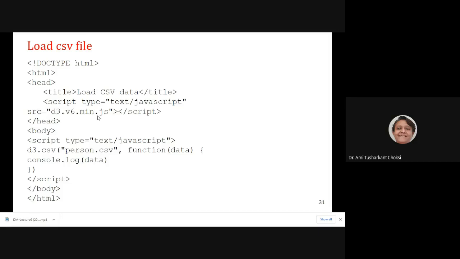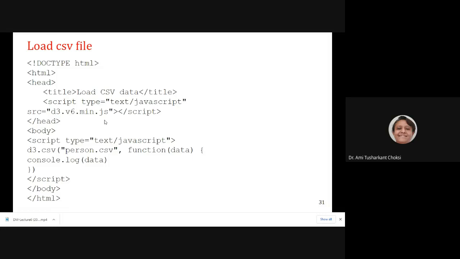Otherwise, people are working with the fourth version also, that is, you can write it as d3.v4.min.js. For version 6 also, you can find the documentation on d3js.org. But still, most of the documentation you find when you search is for the v4 version, so you can work with that.